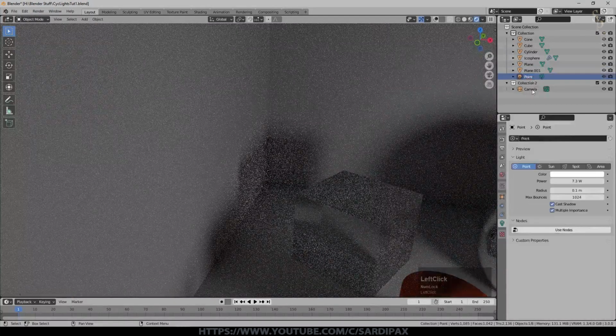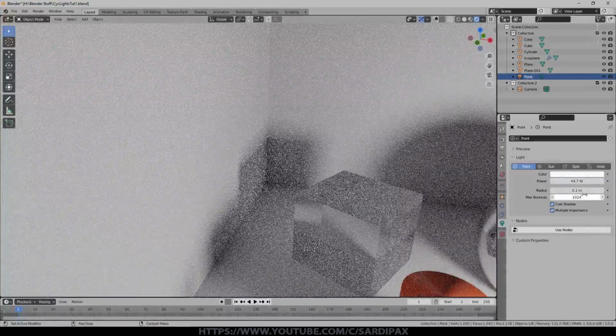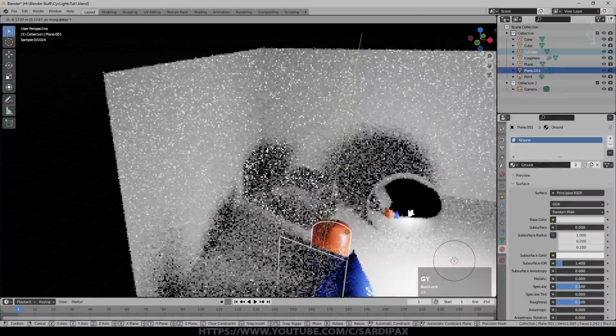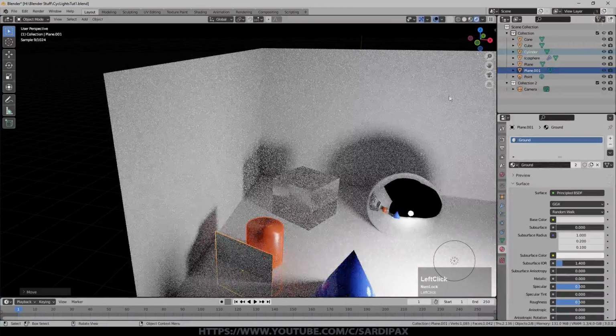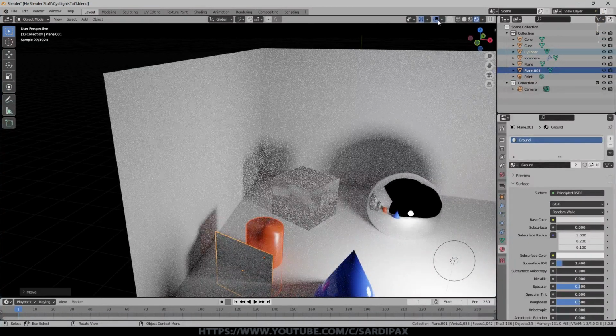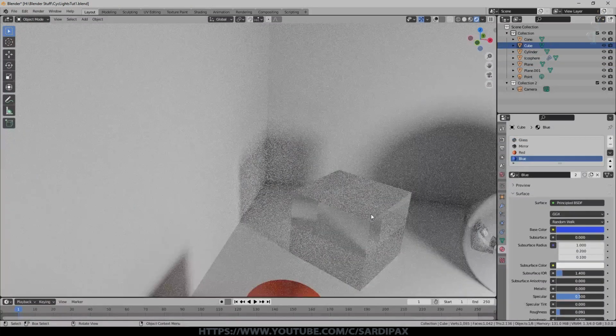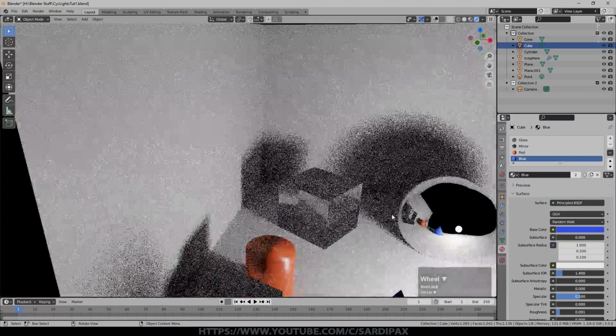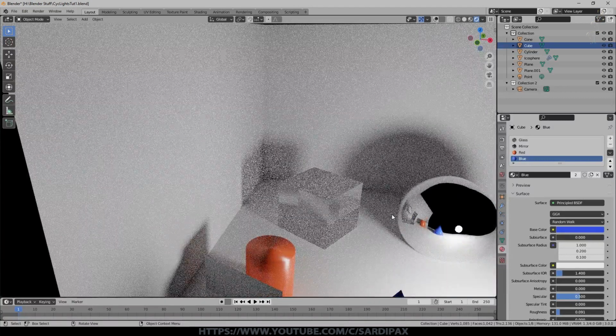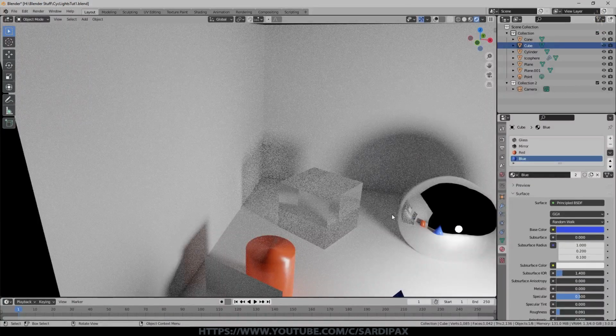I'm going to turn the point light up again now. So you can see we've got some shadows there, and I think I'm going to move these aside as well just to make sure I'm getting plenty of light in. And we've got something that's contributing to the scene called caustics. The caustics can be from reflections or refractions, and they're all about the refractive effects of reflective and transmissive surfaces.